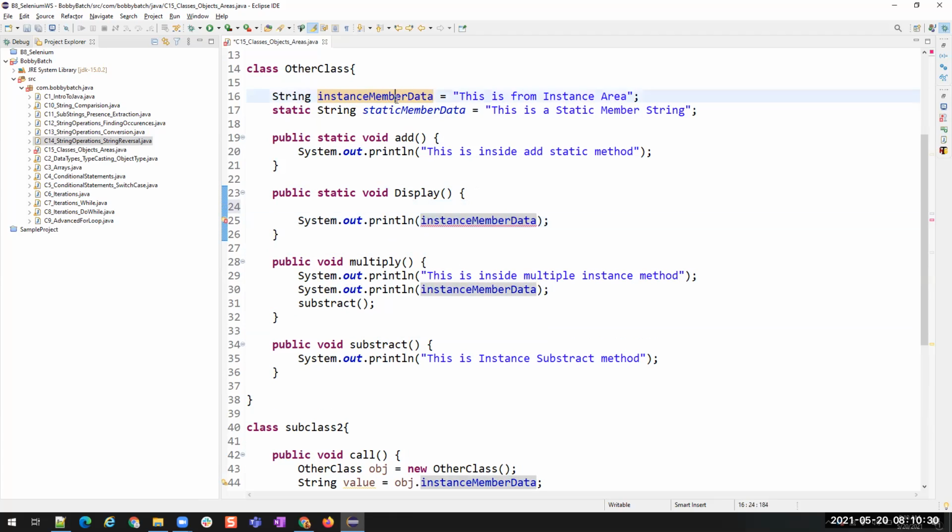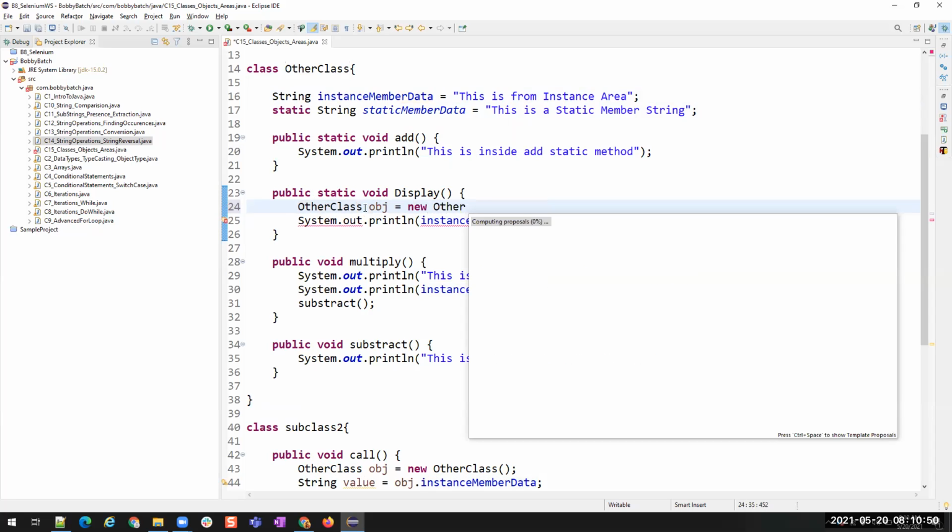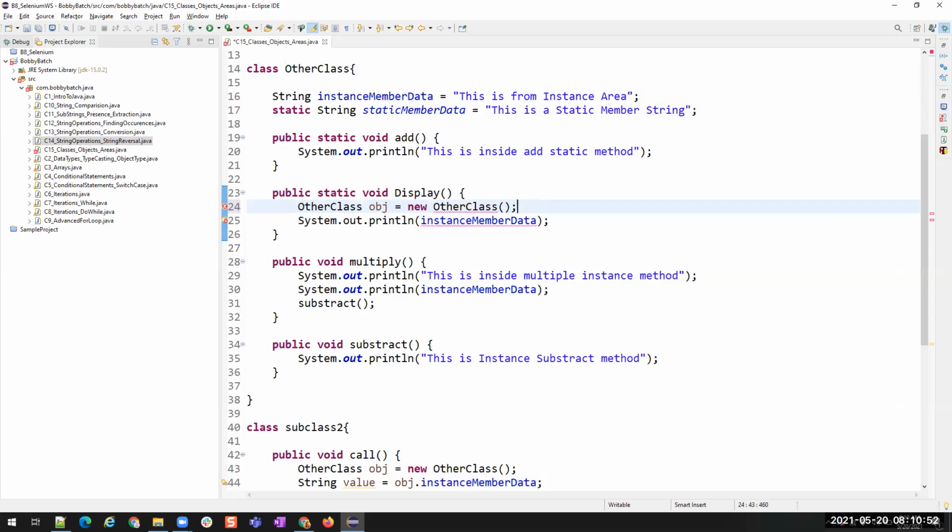So to create an object, where is it present, in which class? This is present in other class. All right. I'm going to create an object for this other class. Other class Pj is equals to new other class.